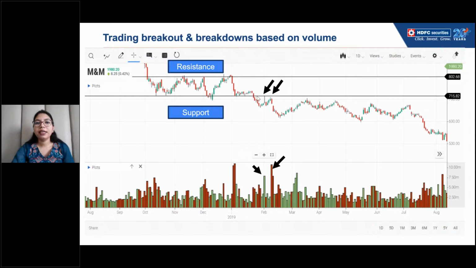Correct? So यहाँ पे अगर प्राइस से सिर्फ मैं कंफर्मेशन लेके एंट्री करती तो ये मेरा एंट्री होता, करेक्ट, कंफर्मेशन कैंडल के एंड पे। नाउ उसके बाद क्या हुआ, प्राइस थोड़ा नीचे आया और उसके बाद वापस से ये सपोर्ट लाइन को टच करने को गया, राइट। तो अगर यहाँ से ये थोड़ा भी ऊपर चला जाता तो मेरा तो स्टॉप लॉस हिट हो जाता, करेक्ट। बट एज अ ट्रेडर हु इज लुकिंग एट द प्राइस एंड द वॉल्यूम कंबाइंडली,